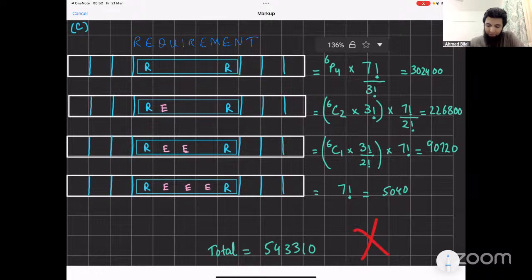इंटू 7 फैक्टोरियल वो 3 फैक्टोरियल, that makes sense. और फिर 6C2 इंटू 3 फैक्टोरियल, that's good. और बाहर आपके पास आ गया 7 factorial over 2 factorial because of those 2 E's. That also makes sense. OK. Then 6C1 into 3 factorial divided by 2 factorial. Okay, that's fine. 7 factorial. And then last one, 7 factorial because वो तीनों E's up. I think that should work. ना मैं आंसर चेक कर लूँ।